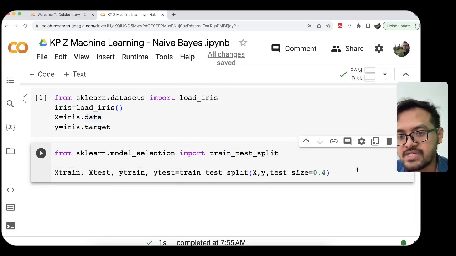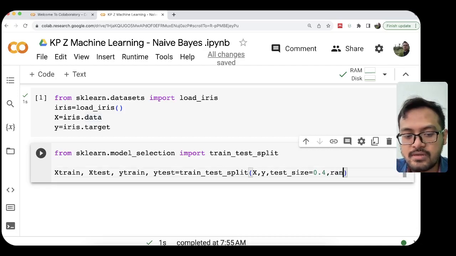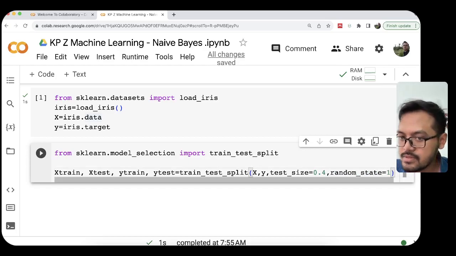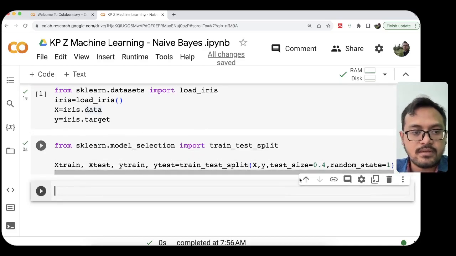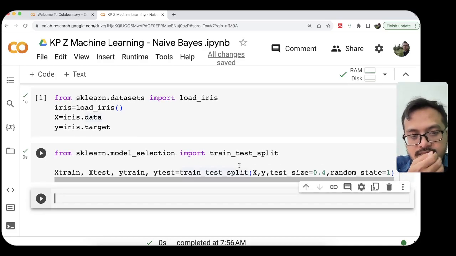It means 40% for the testing set and 60% for the training set. And for the random state, I put equal 1. So this is how to split the dataset. Okay, execute this cell. We already split the dataset into a training set and testing set.